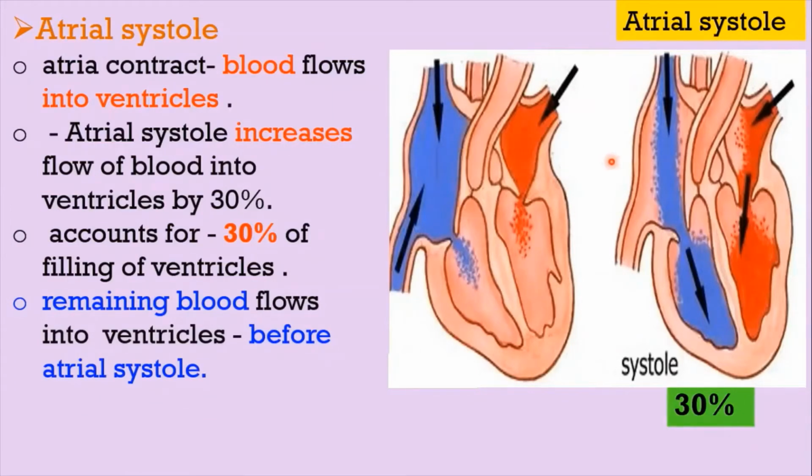What are the main points of atrial systole? When the sinoatrial node sends action potentials, the 2 atria undergo contraction. When the atria contract, the blood flows into the respective ventricles. The deoxygenated blood from the right atrium reaches the right ventricle and the oxygenated blood from the left atrium flows into the left ventricle. During the atrial systole, the AV valves, the tricuspid and bicuspid valves, are open. So the blood flows from the atria into the ventricles.